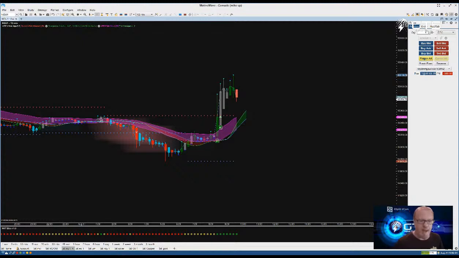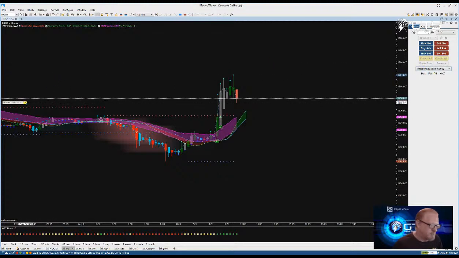But we got the pullback coming on this candle, so there she comes, pulling back a little bit. I was down 5 before, so not too bad. Yeah, definitely gonna get out of this one. Yeah, I'm definitely getting out of that. I can't do that one. Ugh, didn't want to take that loss. I should have took my profits up here.